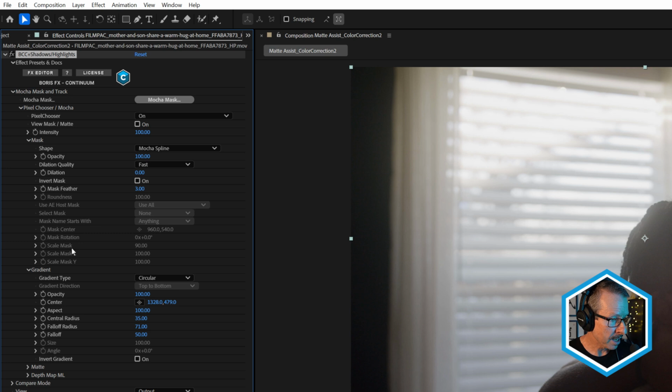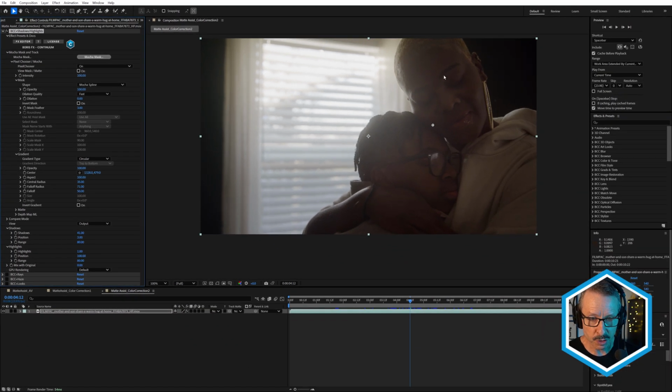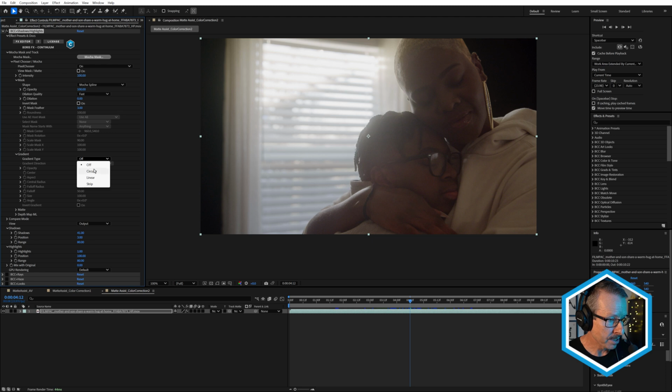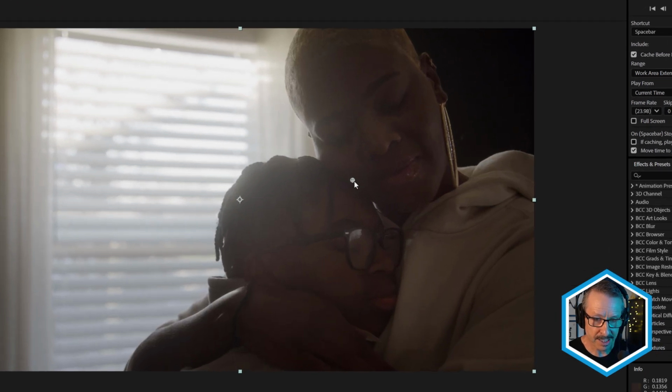I think also for this, I did use the gradient. You can see I've got gradient turned on. I just wanted to isolate the correction to this area here and not have this area so bright down the bottom corner. Let me just turn that off. You can see it's a little too bright, right? So if I just turn on that again, and you can see I can move this around and I can really focus in on the area that I want to adjust.